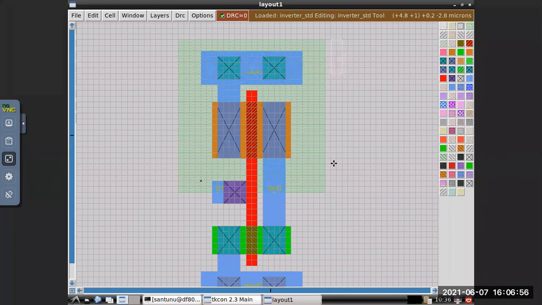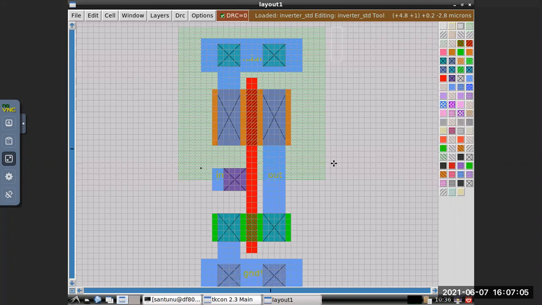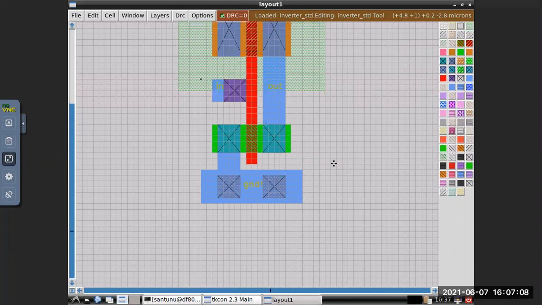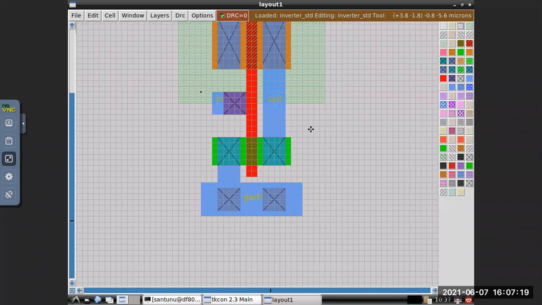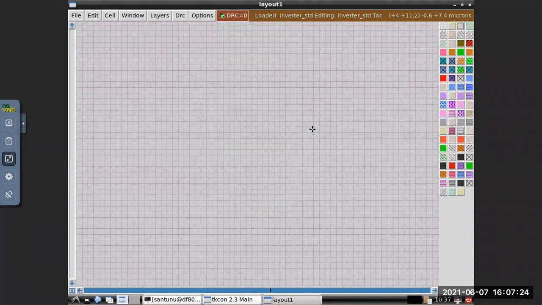Okay. So this is a very important part. If you are able to draw this, then you can extract all. That means you can create the netlist, then you can also create the SPICE file. So then you will do the LVS. Important is this drawing part. Okay. For that you just have to put some commands, so automatically it will create your SPICE files.